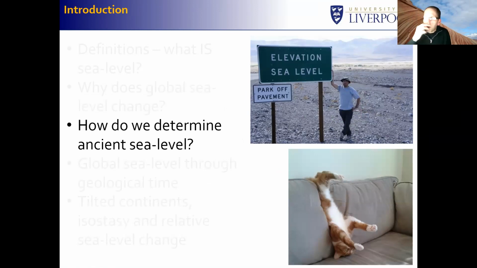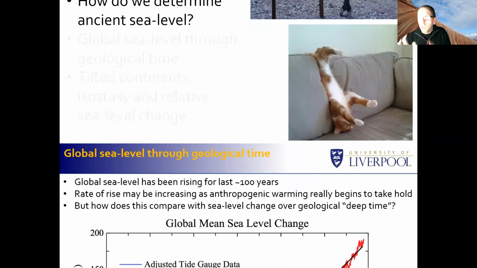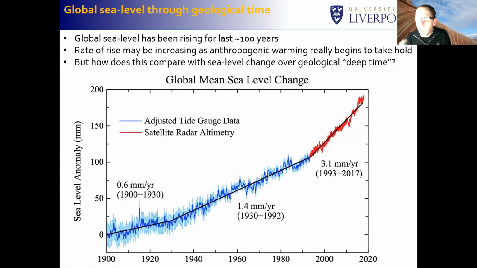Okay, so global sea level then, we have been measuring it directly for the last 100 years or so, and by two mechanisms, either by using tide gauge data, which is a slightly messy data source because you have to do some adjustments for local conditions. And more recently, in the last 30 or so years, by satellite radar altimetry, which measures the sea surface directly. You have satellites in fixed orbit. They bounce radar signals off the sea surface, and you get a very, very detailed, accurate measurement of sea level